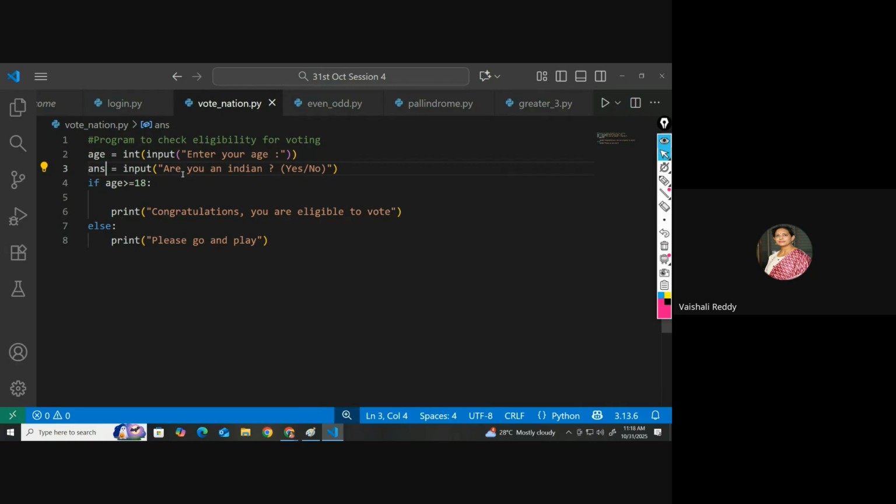So only one option I have, right? Either you write yes or you write a no. So this will make my program easier. Do you agree with me? Just a trick. I'm just telling you a trick so that it is easy for us to write the program. Capture the input from the user in the right way. You get that, everyone? So here, the next thing what I'm going to do is,